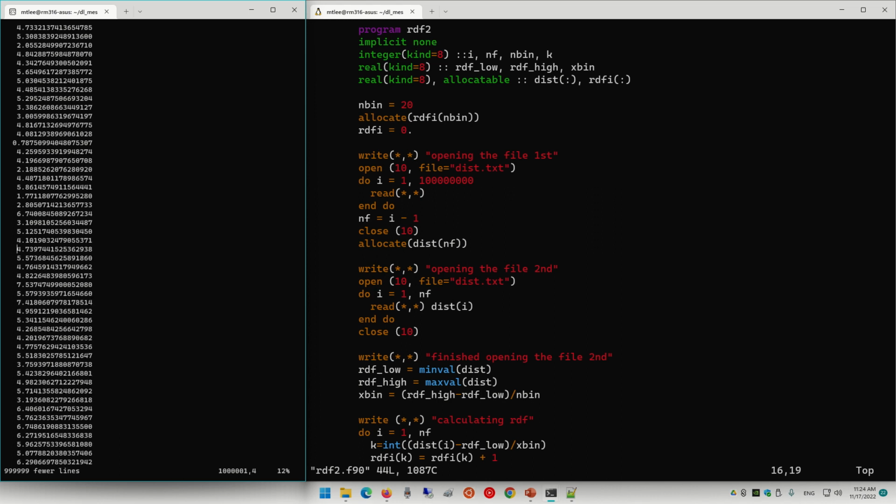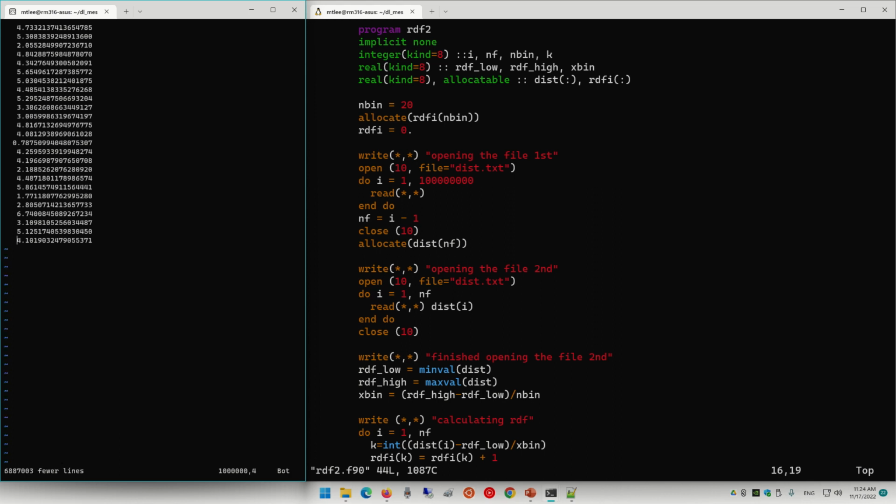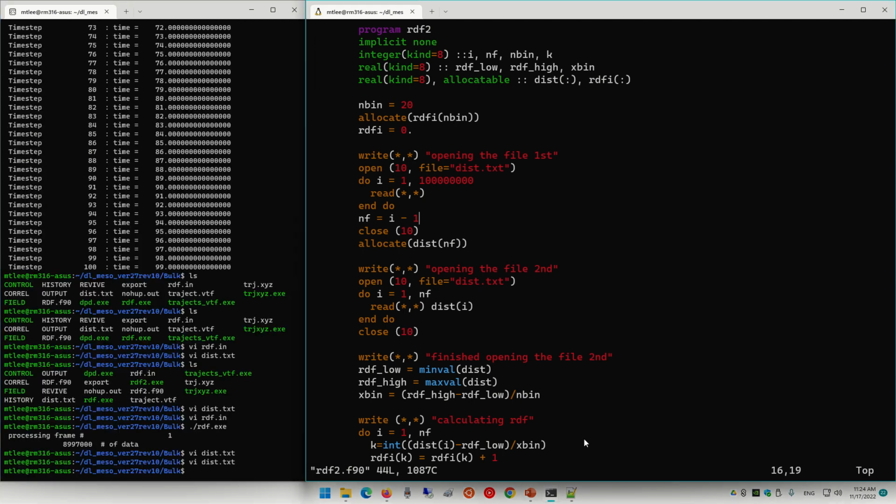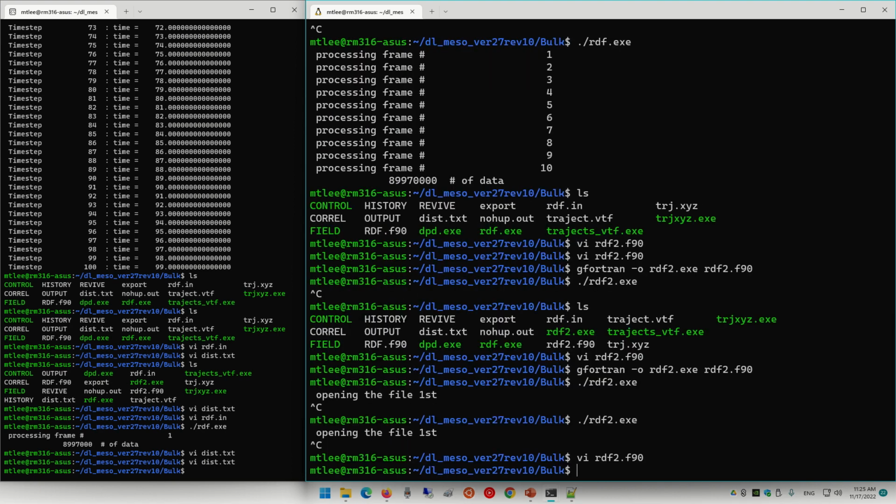Okay, how many lines do we have already? 3, 4, 5, 6, 7. Oh, I see. Because when I delete the file, okay, actually it is working right now. I only save 1 million lines here. So I shrink the file.